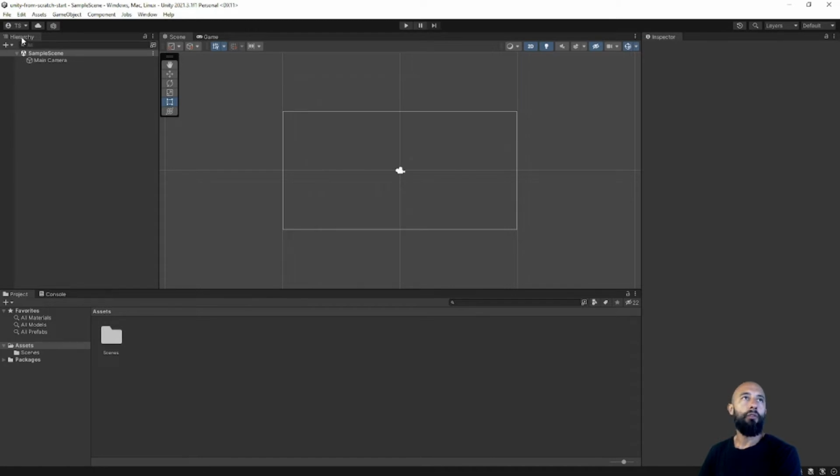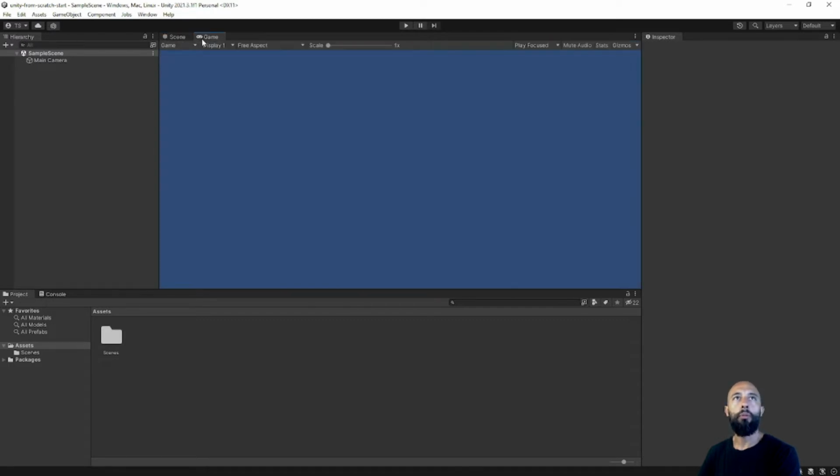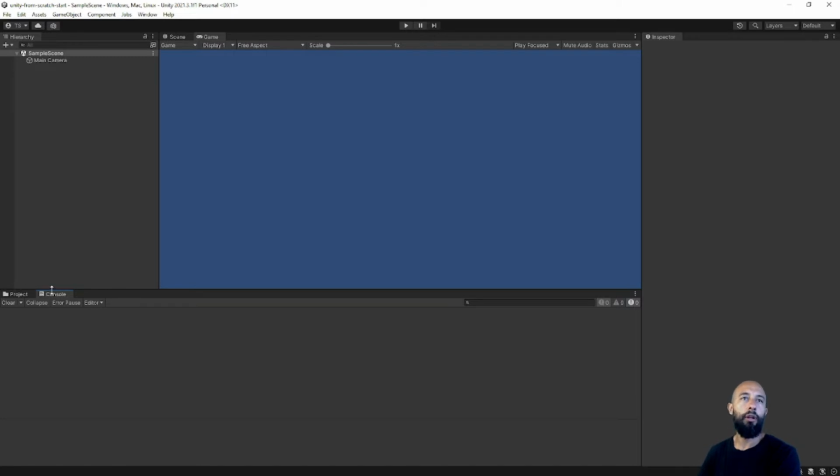You can see that we have a lot of tabs. These are the main tabs that you need to understand when working with Unity, at least the main ones. You can see like they are the default ones. So you have hierarchy, the scene, the game. These are two tabs here. We have the inspector, the project, and the console. The console is not as necessary since we will be working with visual scripting, but still it's important to have it